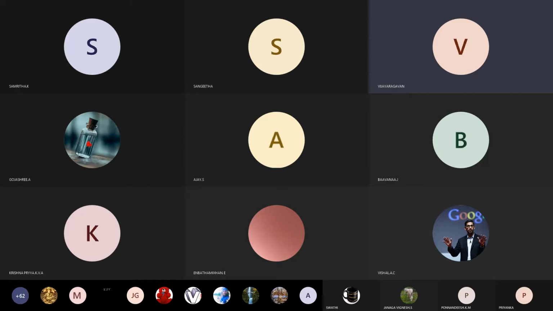So how many elements does the first period contain in the periodic table? Yesterday I told you to go through the periodic table once. From that only I asked the questions today in the MCQ also. Okay. I already told that the horizontal rows are called periods and vertical columns are called groups.